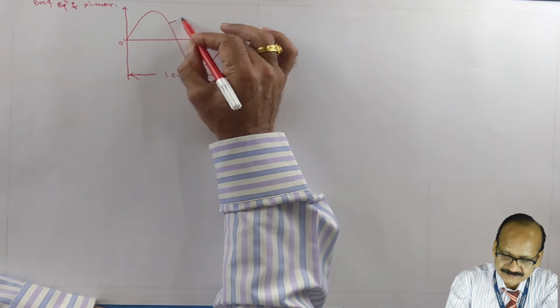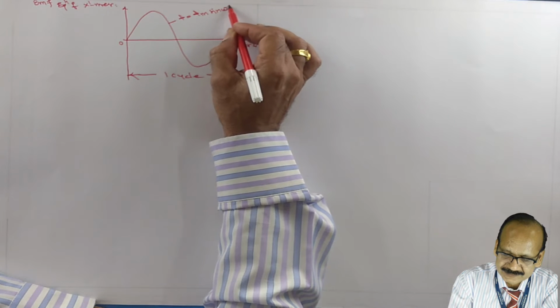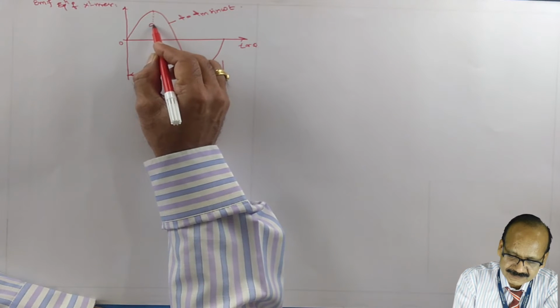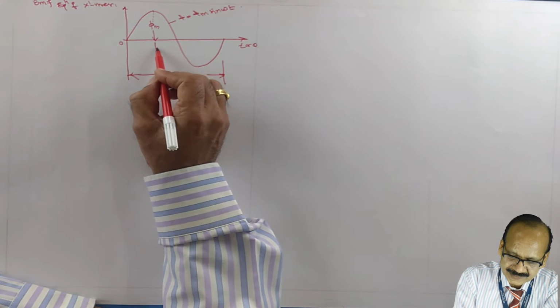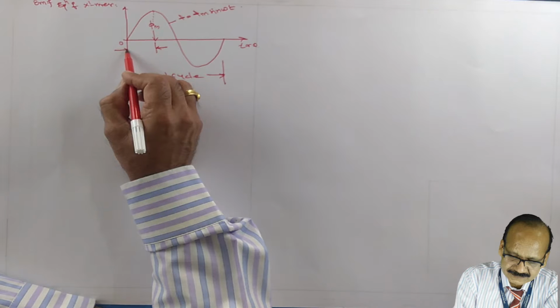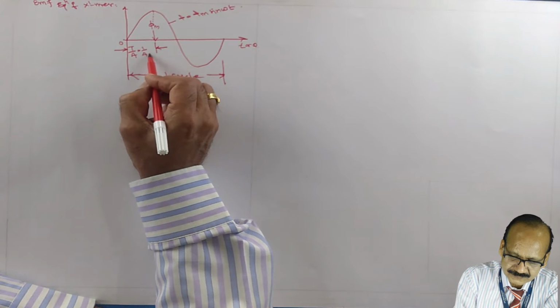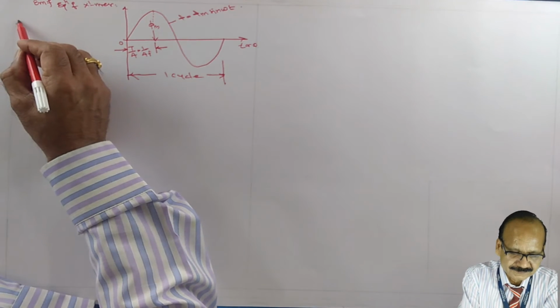Okay, phi equal to phi max sine omega t. Now this is 0, and here the flux becomes maximum when the time is T by 4 equal to 1 upon 4f. Okay, so let